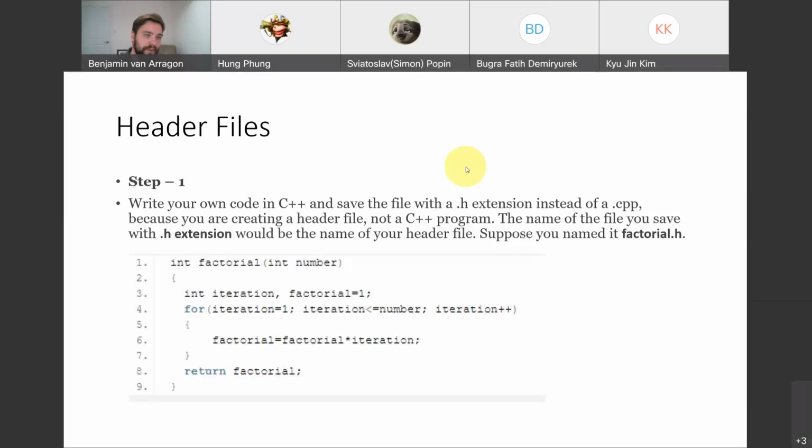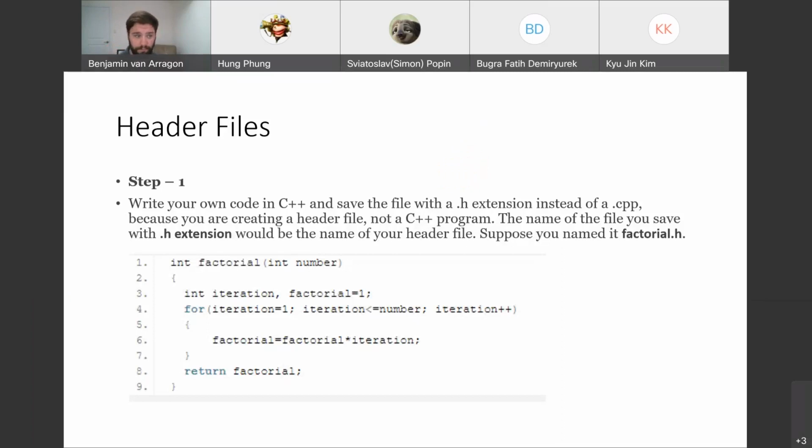I believe this is part 5 of week 9 for C++. We're going to talk about header files in this video. So pretty quick, pretty simple, but just good to know if you're going to have a lot of functions and you don't want them to take up space in your program,